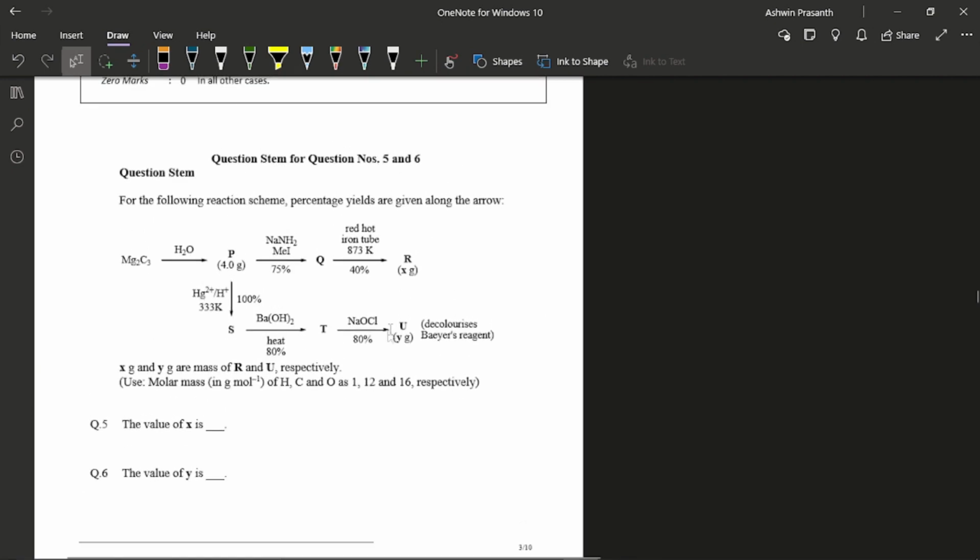This question, all of these were easy reactions, all standard reactions, so it was easy. But still, it was calculation heavy, like you can see. And yeah, I got both answers easily, but the thing was that I made some calculation mistake because I got both answers wrong. And I had a feeling that maybe I'll make a calculation mistake, so I kept it for review at the end. And in fact, I think I found a mistake in y and corrected it also, but still I got it wrong. I don't know how.